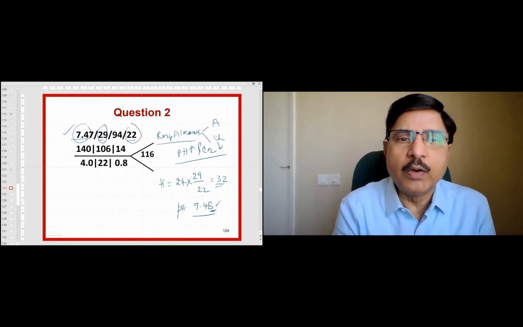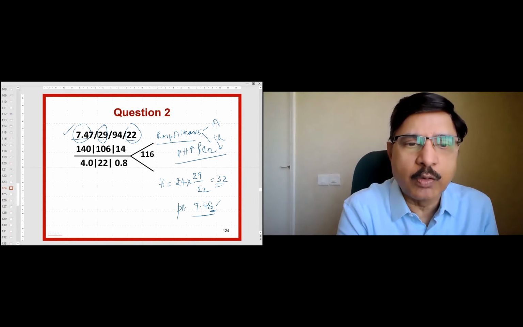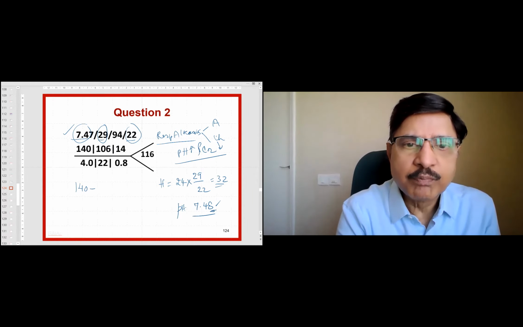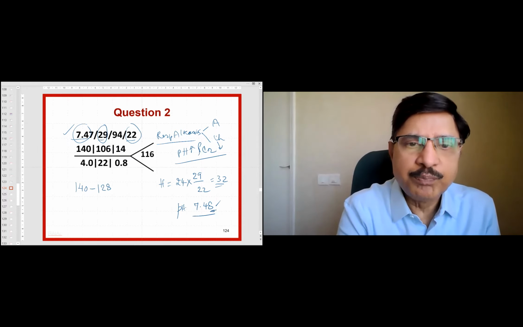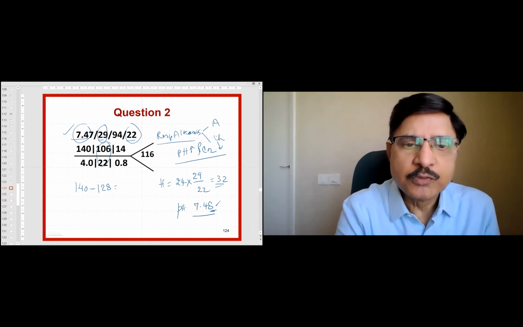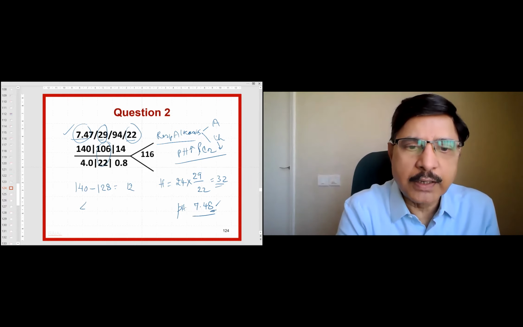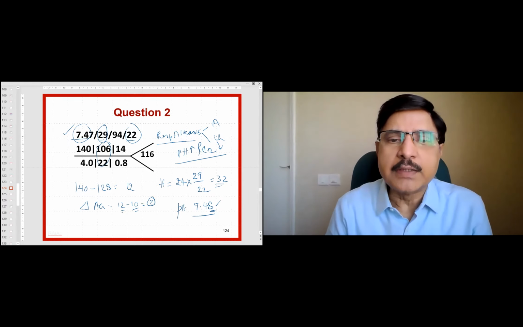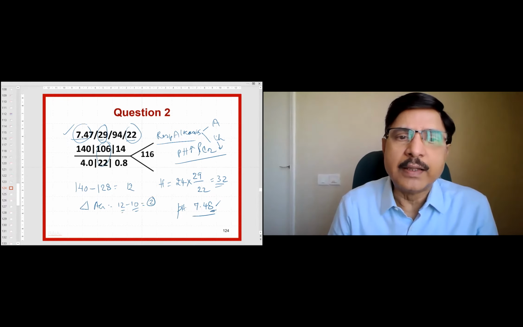Now you go and look at the anion gap. How do you write that anion gap? Sodium minus chloride and bicarbonate, these two together. 128, isn't it? Yes, sir. So 12, sir. Well, what is delta anion gap? 12 minus 10, 2, sir. 10 is the normal expected value, 12 is the value we got. So plus minus 2 is accepted. So there is no anion gap.